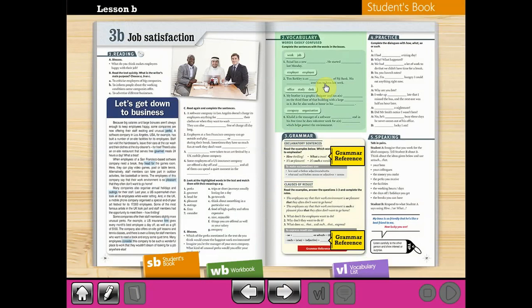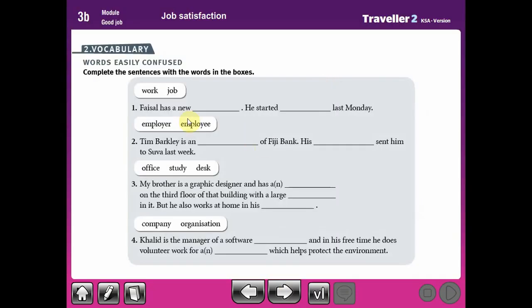And here we have another part about words easily confused. The first two words are work and job. So work is an uncountable noun. You can use it as a verb and as a noun, right? And it's uncountable, and we use it for general work, not for special. After that we have job, and job is used when we talk about a specific job with a specific salary, and you go for it every day. So this is the job.